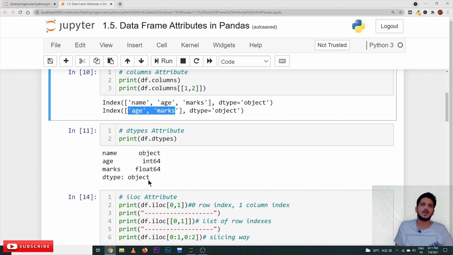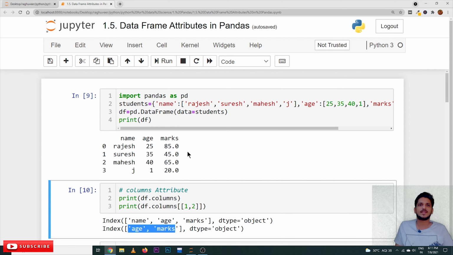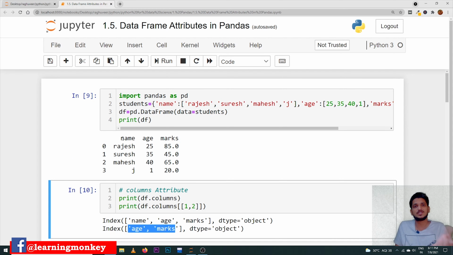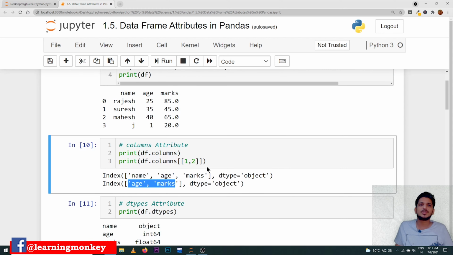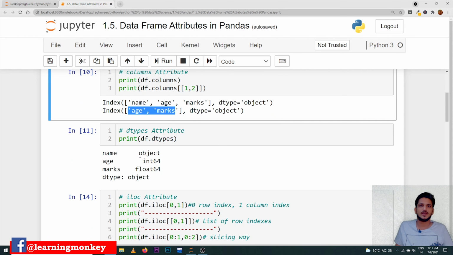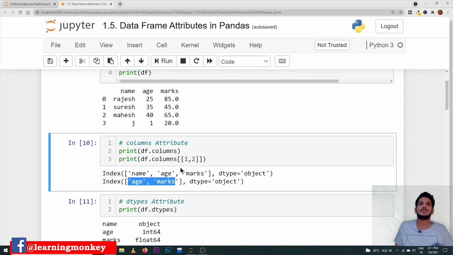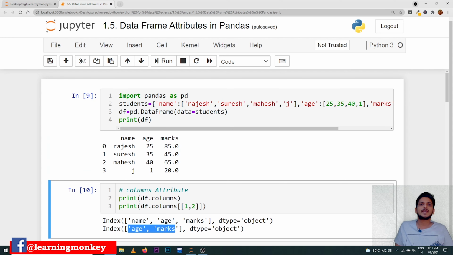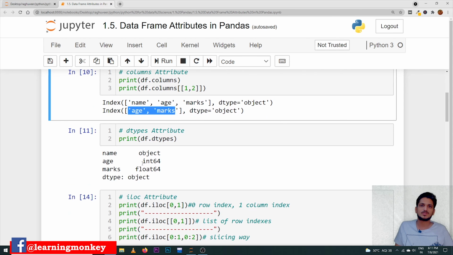For example, in our example, name by default is, from our basic Python, a string data type. In pandas, the string data type is considered as object data type. What this object is, and what data types are available, will be discussed in our next class. As of now, remember these are the data types we have in pandas. The second column, age, is considered as integer data type, int64. What is the meaning of 64 here? It means it will assign 64 bits.